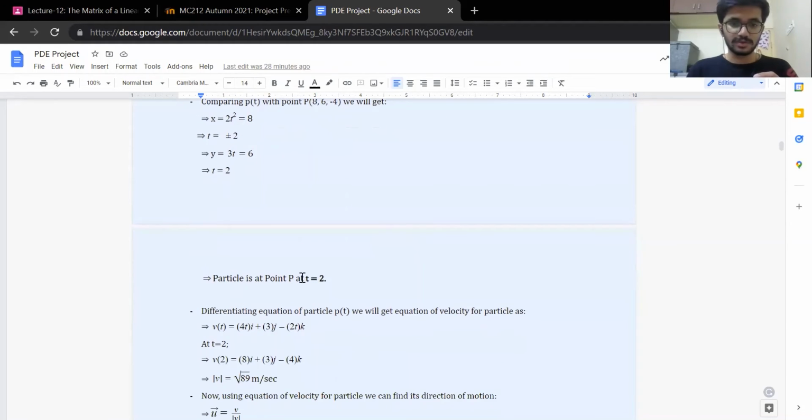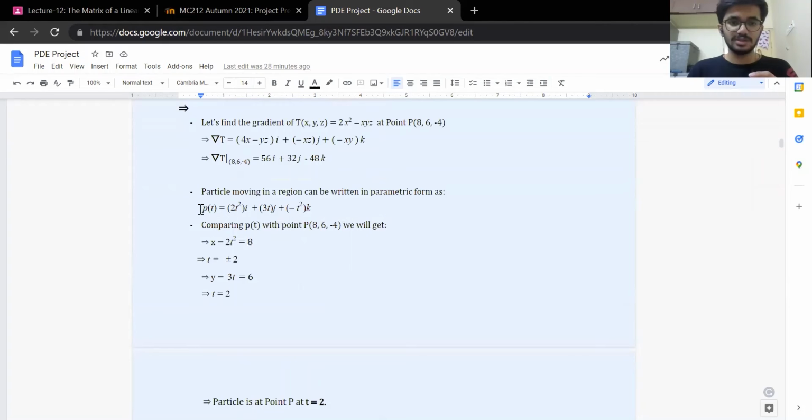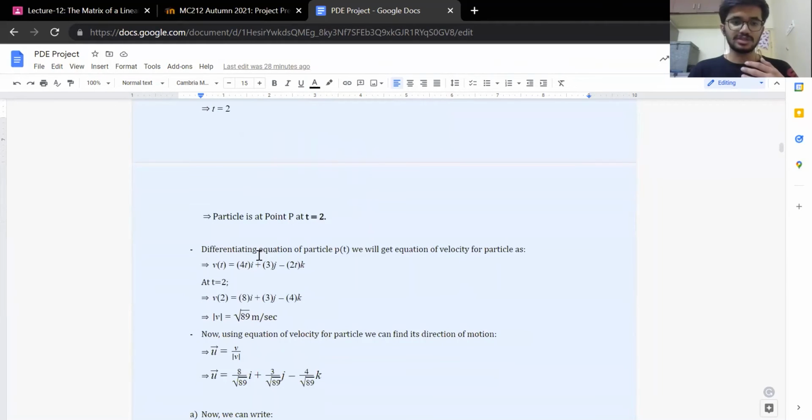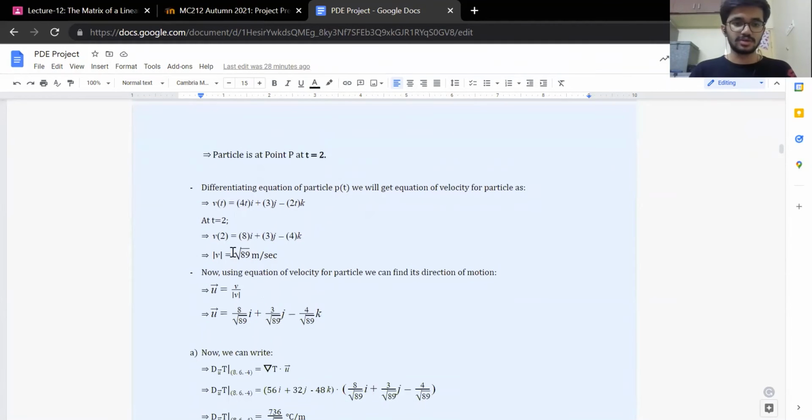So here we got t equal to 2. So differentiating the equation of the particle, this is nothing but the equation of our displacement. Like in the earlier stage, we have found the displacement vector. Here it's in parametric form. So differentiating that, we got the velocity form, and substituting the t we got the velocity equation, and we also